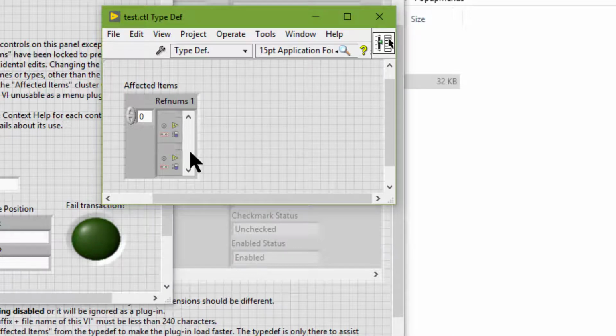which means that the plugin appears in the shortcut menu of any GObject refnum. We can edit the affected items control in the following three ways. Number one, we can add an object by adding an array of a refnum type in this control, in this cluster. Second way is to remove an object by deleting an array. And third is to choose a different object by right-clicking an object